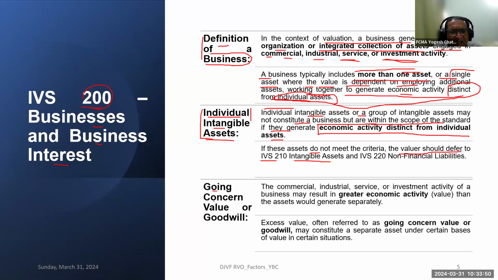Going concern value is very important when we are talking about business valuation. So the going concern value, or the value of goodwill, is the most important consideration. Any commercial, industrial, service or investment activity that may result in greater economic activity or value than the assets would generate separately. So supposing one company has plant and machinery, land and a building,